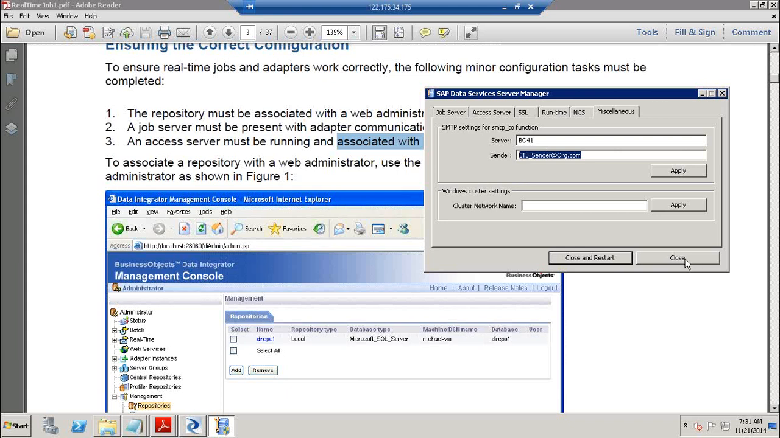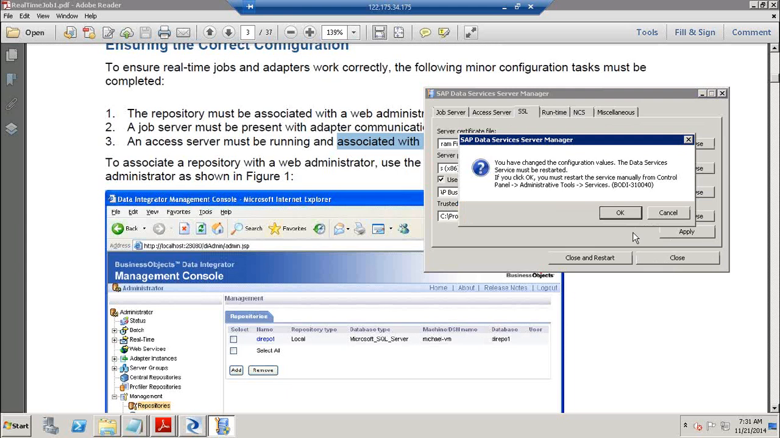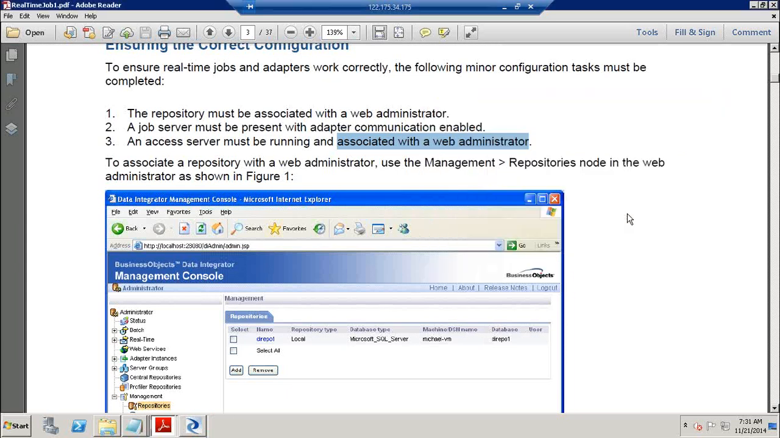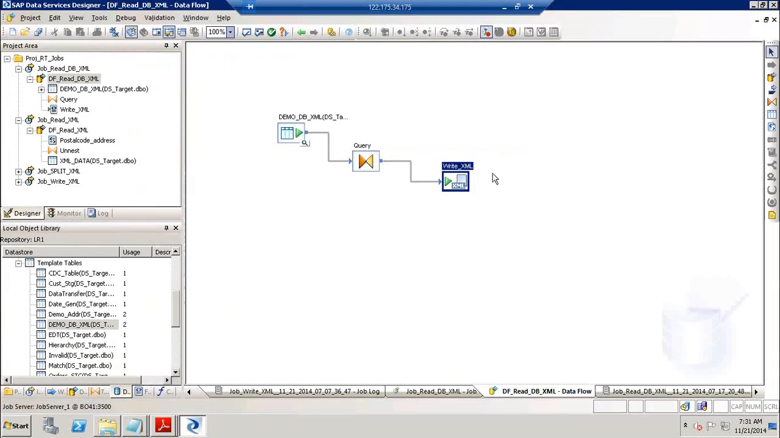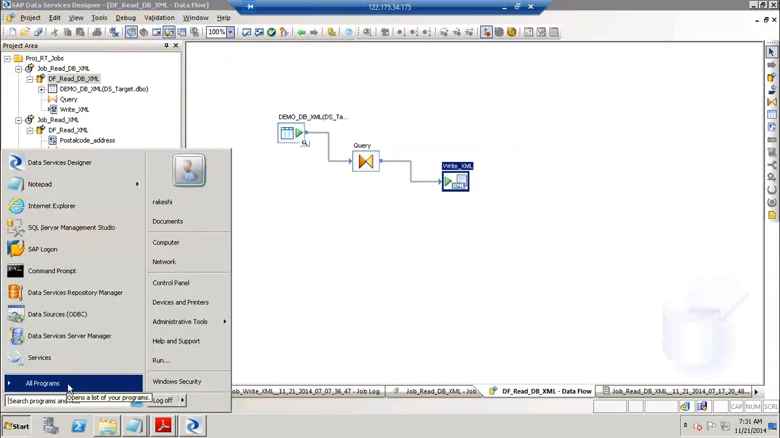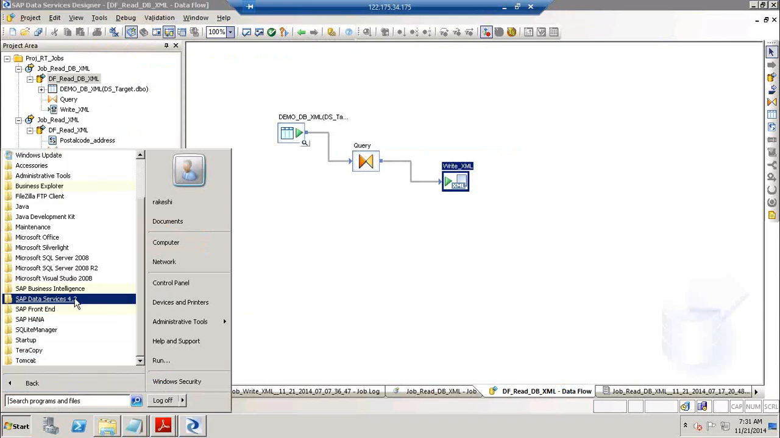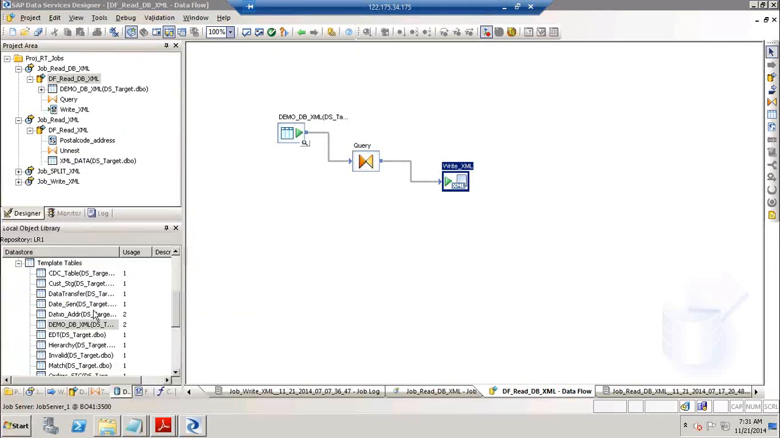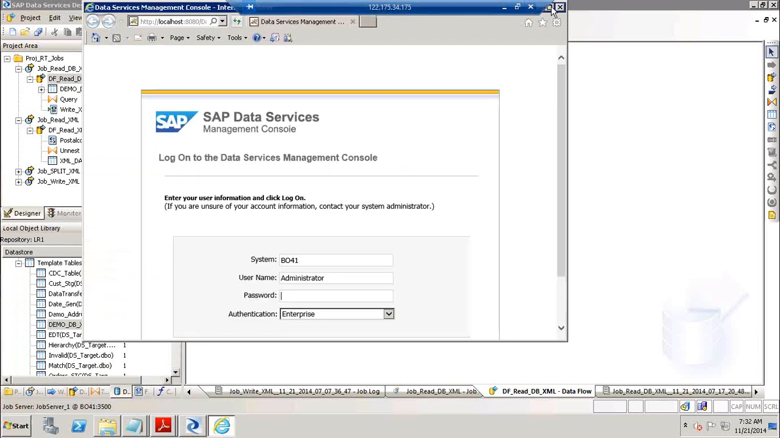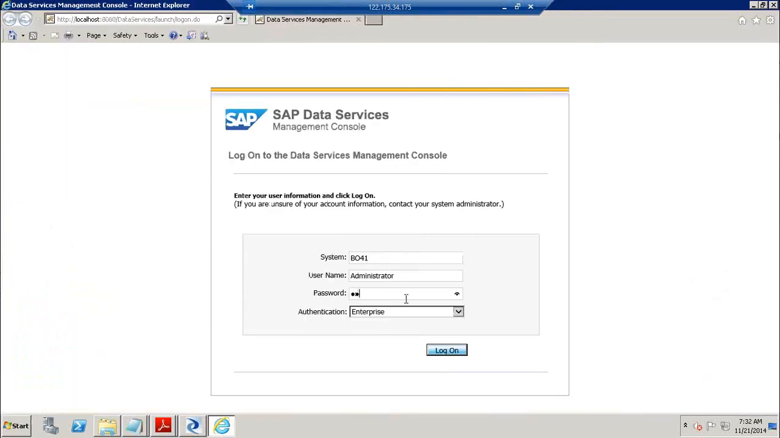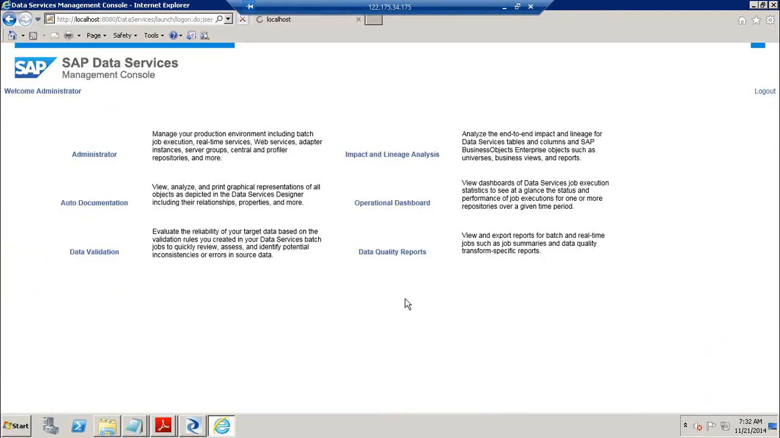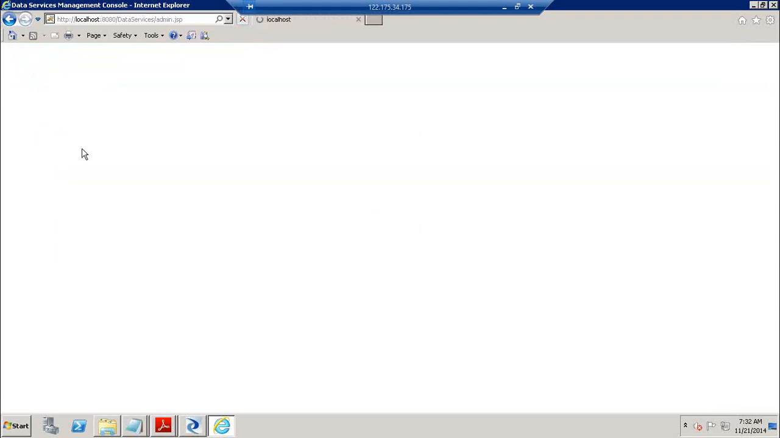So just click on close, and restart will actually restart the services. I have already enabled them, so that's the reason why I'm not doing that. The next one is it should also be associated with the web administrator. So go to your data services management console with the navigation start, all programs, 4.2, and data services management console. Go to your administrator